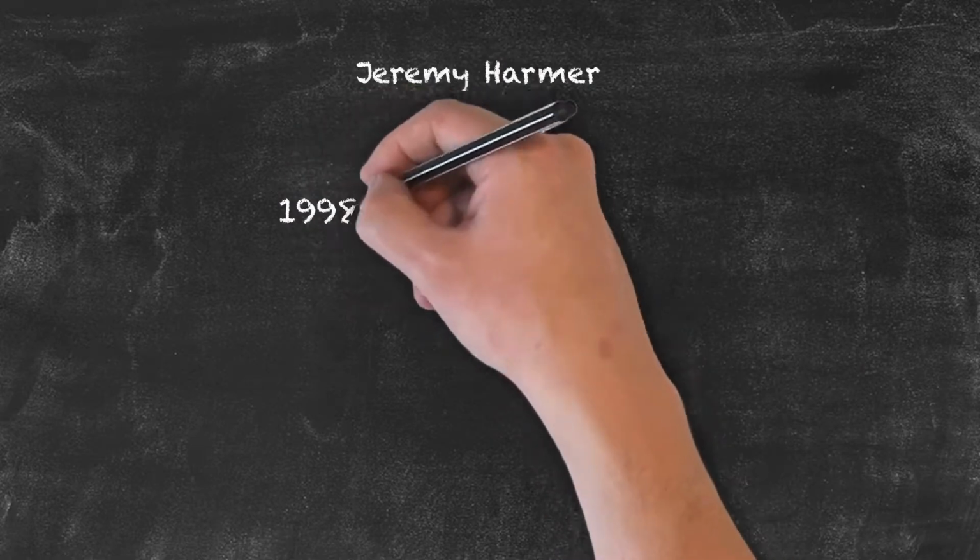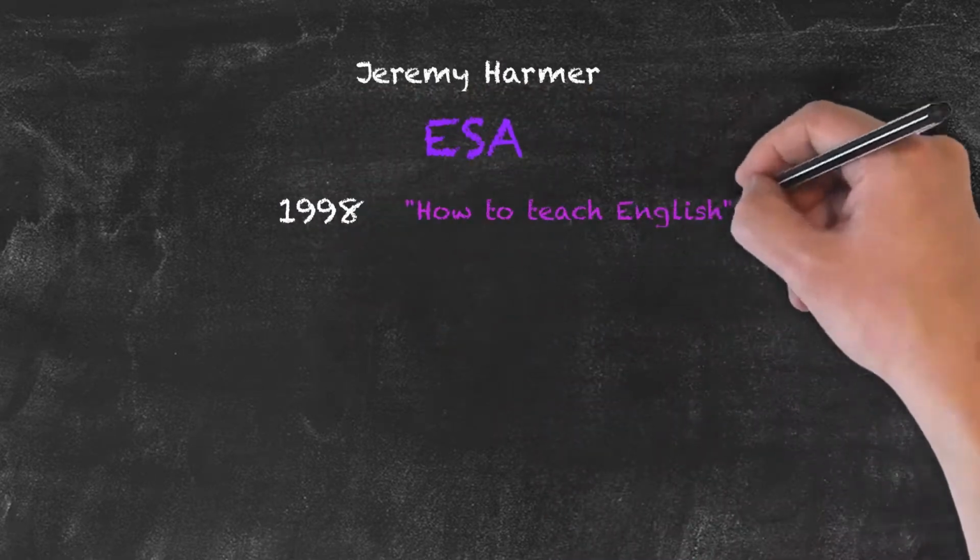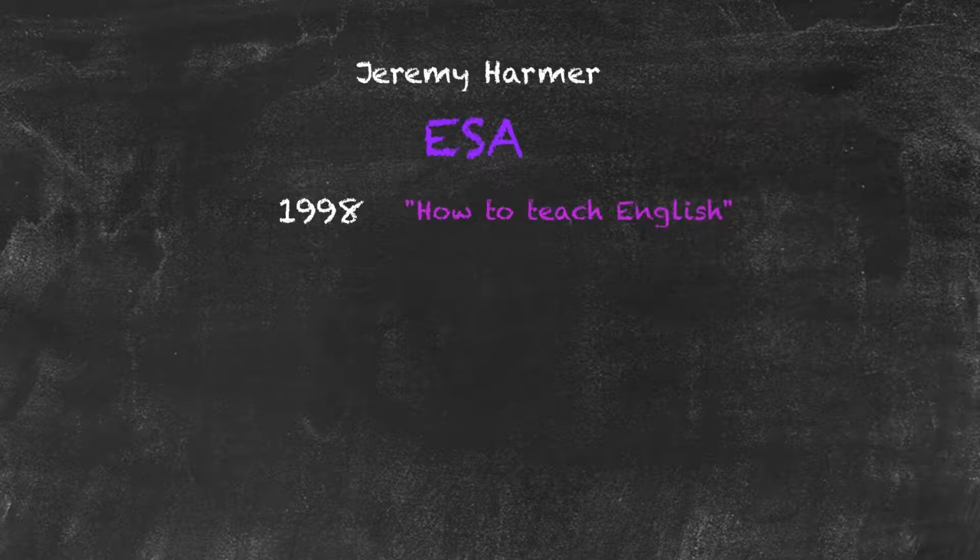Around 1998, Jeremy Harmer produced a book called How to Teach English. And basically what Harmer did as a background to this book is to do what we have done today and to work through all of the different methodologies that have come about over the last 300 years. He highlighted for each of those methodologies what was good about it, what was positive, and what didn't appear to work, and then put all of the positive things into a melting pot and came out with this methodology,